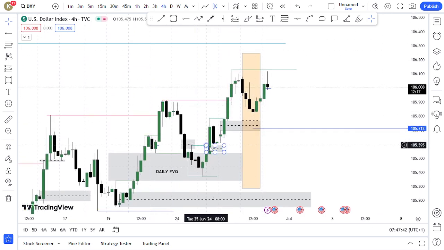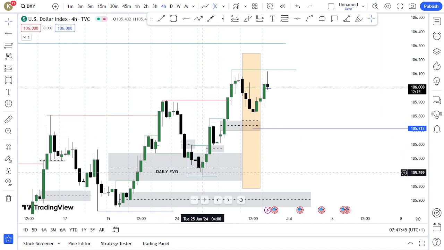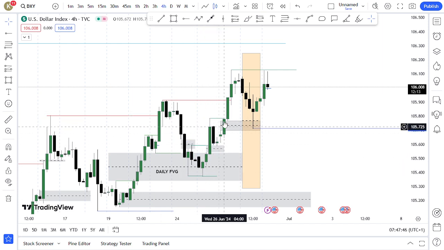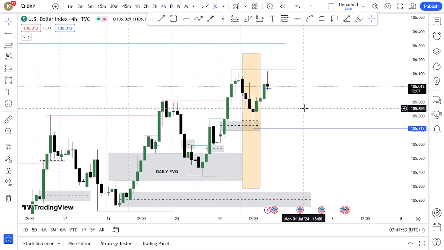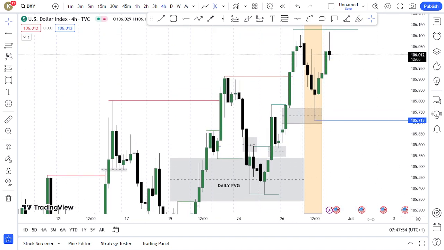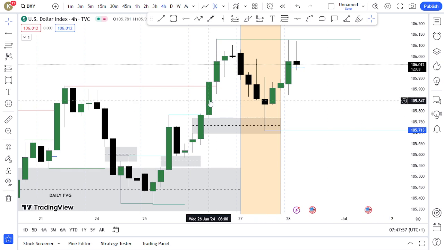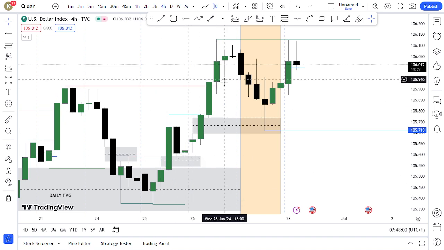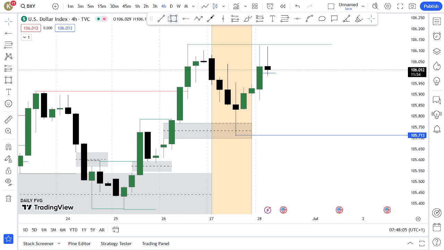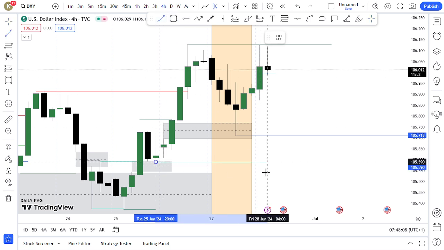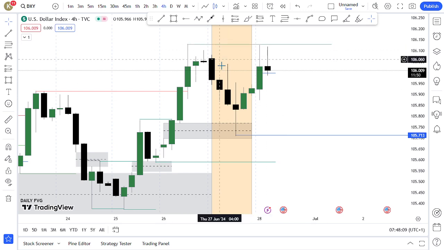We broke this high. This is the 4-hour structure, this green line. So we broke this high, we pulled back, we broke this one. It was impulsive for a while, broke this one in the process. Now it has to pull back to an internal range liquidity. What do I mean by internal range liquidity? Fair value gaps, order blocks, all of them are inside the internal range liquidity. So in as much as we are in this 4-hour range, between this 4-hour low and this 4-hour high,